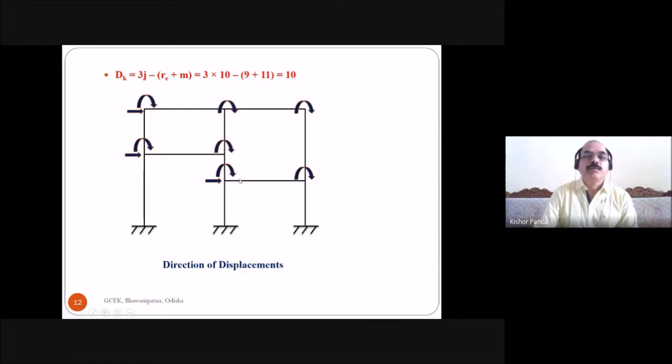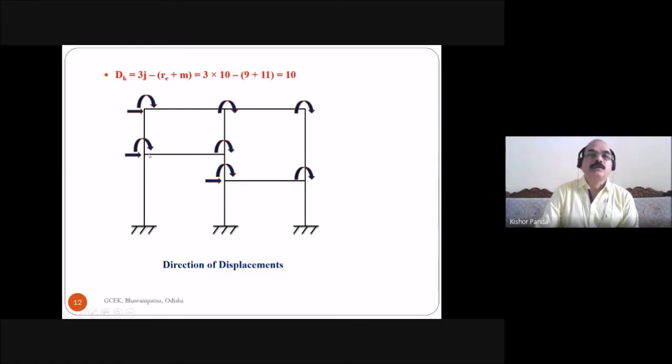Then you give the direction of displacement. Here you see, for inextensibility of the member, there is no extension that takes place. For the vertical member, there is no vertical displacement. That is 0. And also the horizontal displacement: what is the horizontal displacement that takes place here? The same displacement takes place here and the same displacement takes place here. So you only have to take one horizontal displacement here. This is one line, the members being in the same line. So same displacement, same displacement. So you have to take only one horizontal displacement here.